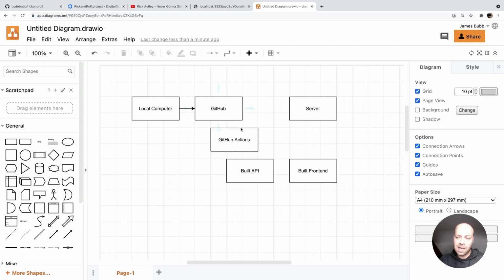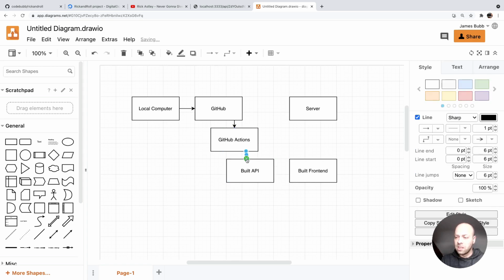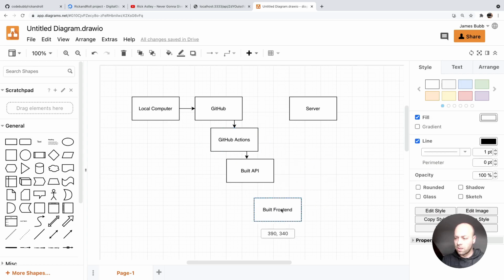So essentially what's going to happen within our pipeline is when we push our code to a specific branch on the project, most likely the main branch, we're going to then build the code using a GitHub Actions pipeline. In the following tutorials, we're going to see how to set up the GitHub action, but this will build the project. We can run any tests or do any other necessary things that we want. And essentially what we'll end up with is two things here. We'll end up with a built API,